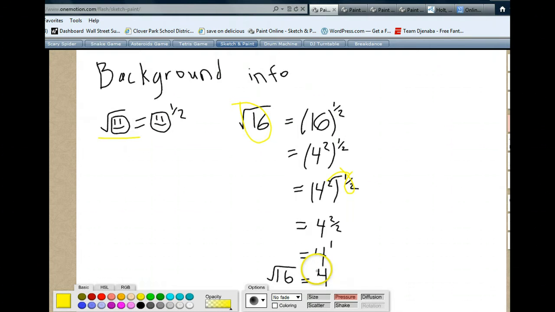In algebra, we know for a fact that 4 times 4 equals 16, and that's what the square root is. But this is applying that calculus rule of if you have the square root of something, it's going to be that something to this 1/2 power. So let's actually apply